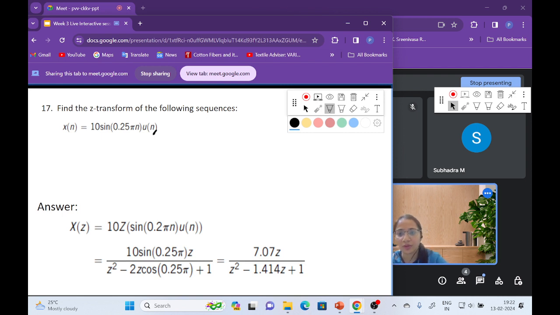This one. Okay. So what is the a here? A is 0.25. So what is the z transform of this signal? This signal is here 10 is a constant, so it is outside. So 10 z sine a is there, no? Okay, sine